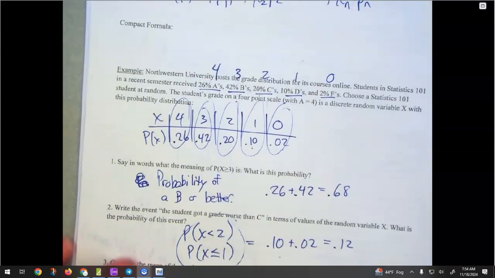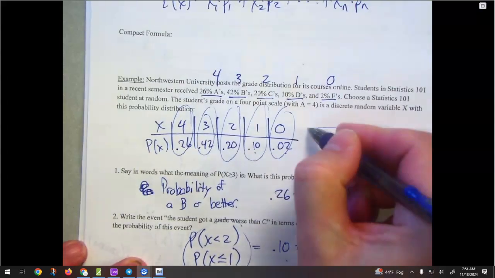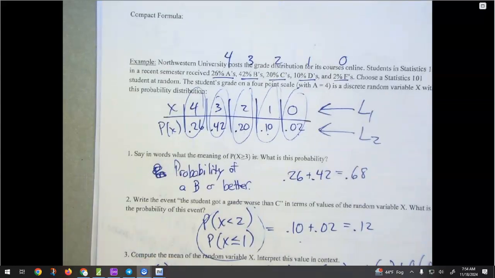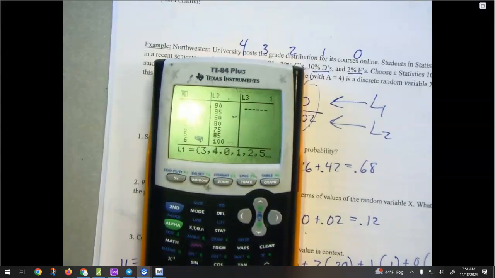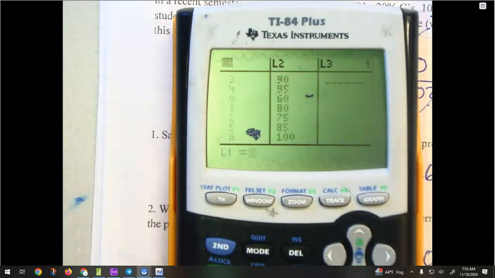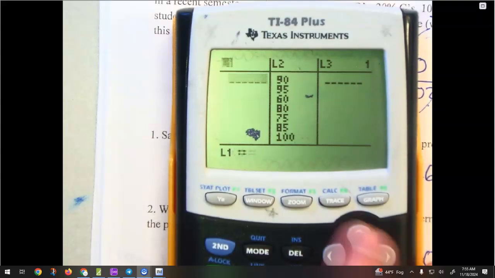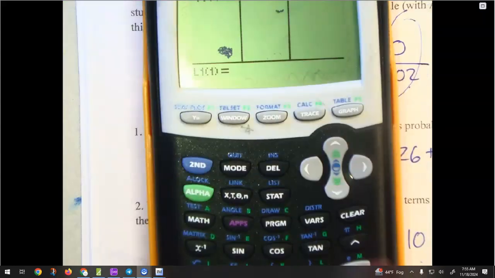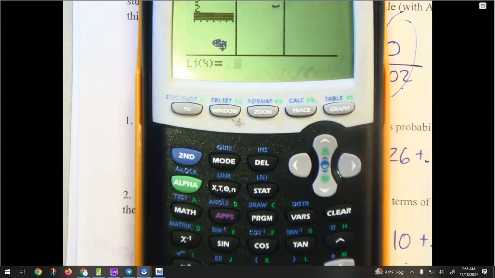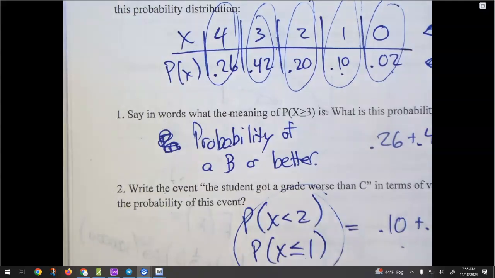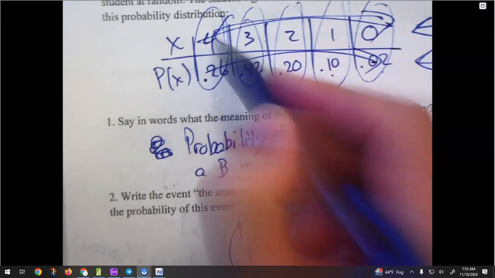So go to stat, edit, outcomes go in L1, and your probabilities go in L2. Stat, edit. Remember, you can clear the list by going to the top where it says L1. Don't hit delete, that destroys the whole thing. You can hit clear and then enter, and it'll clear the list for you. Go up to L2, hit clear and enter. Clear the list for you. It doesn't matter which order you go in, but you have to go in the same order for both rows. Like you could do that way for both, that way for both. Just don't do